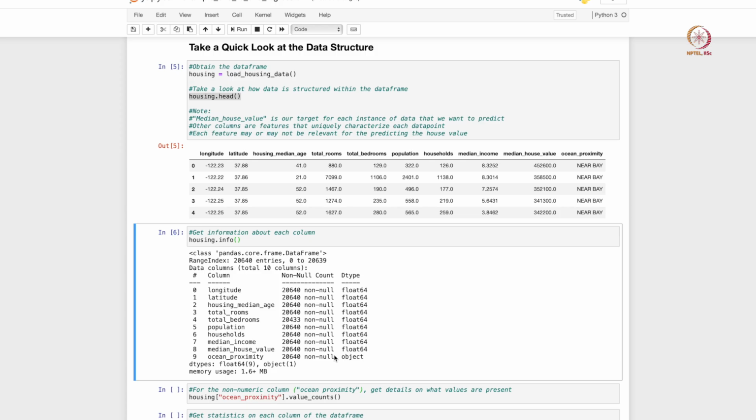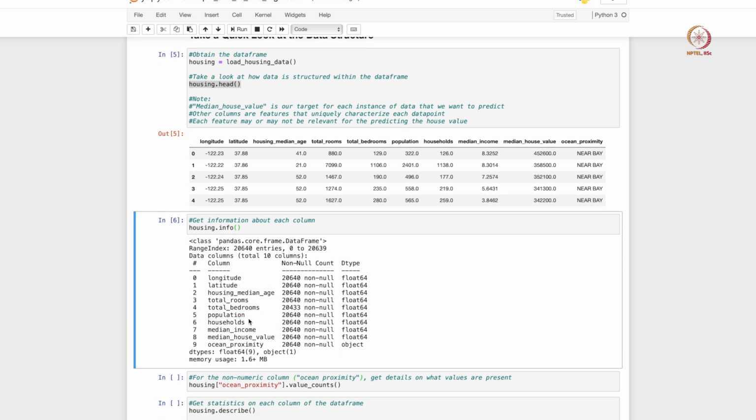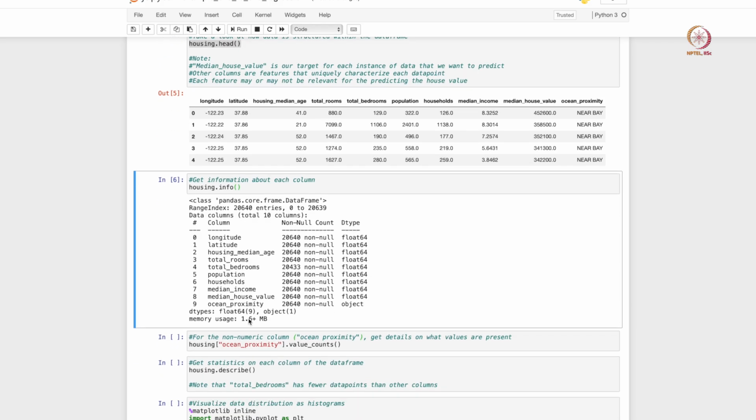And there is also one specific column here called total bedrooms, and that only has about 20,400 rows, not 20,600 rows, so it has a few missing data points, right. So these are things that we should take note of once we look at a data set, right.